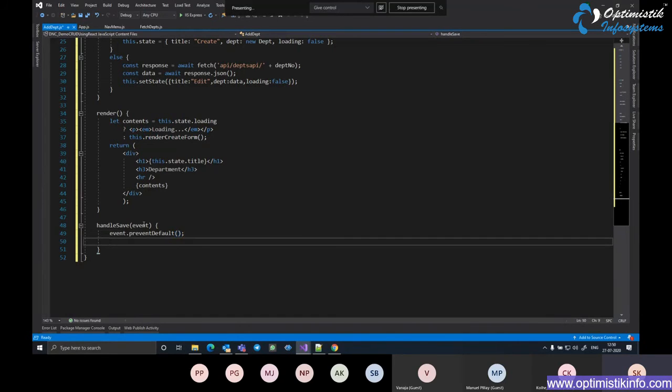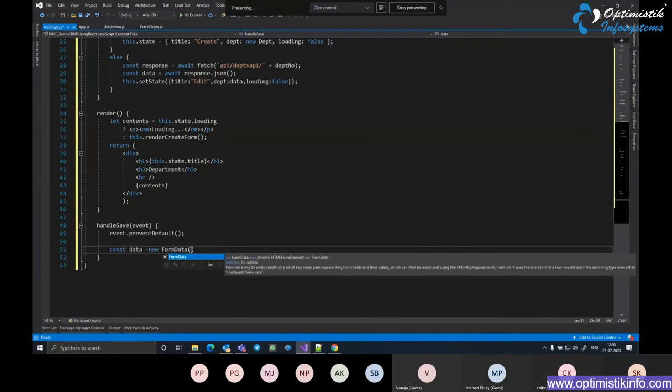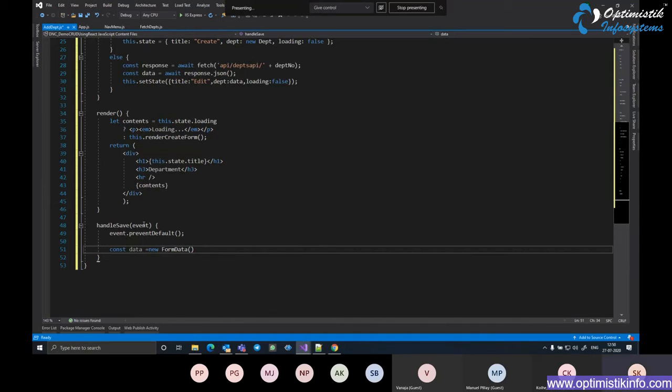So I say event.preventDefault, then starts the real operation where I say const data equals new FormData event.target. So that will automatically collect all the information from the form and put it into the object